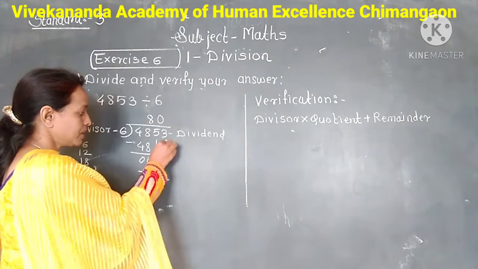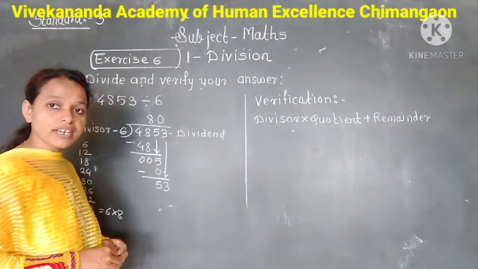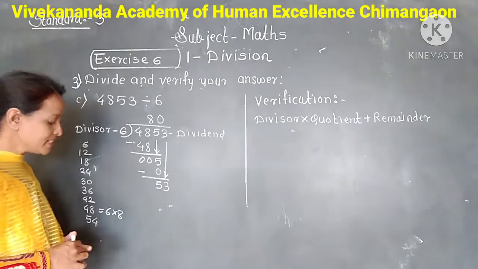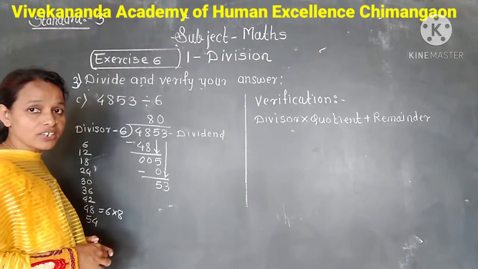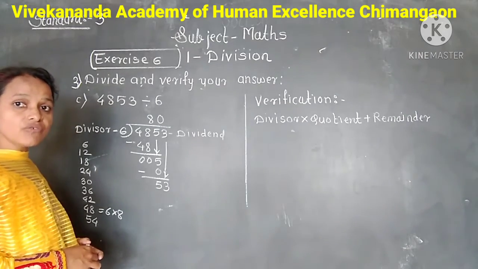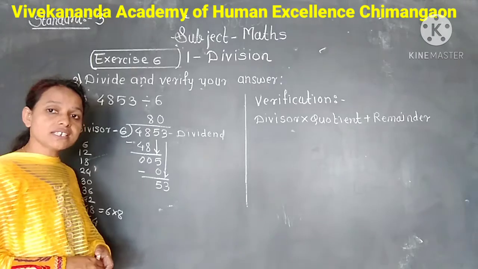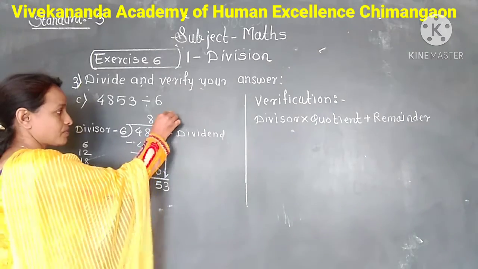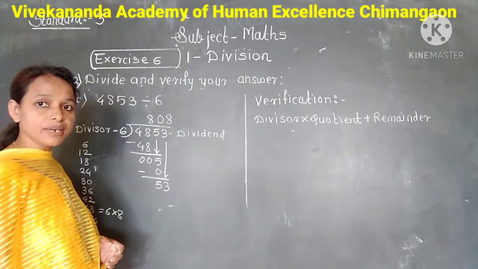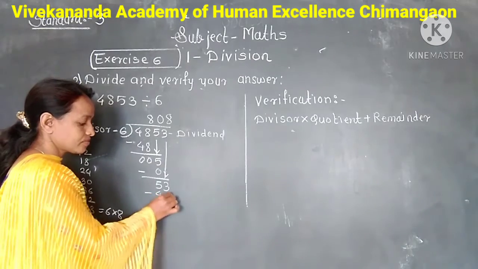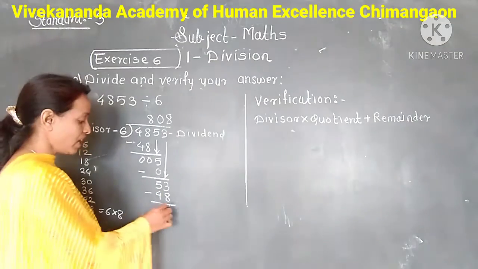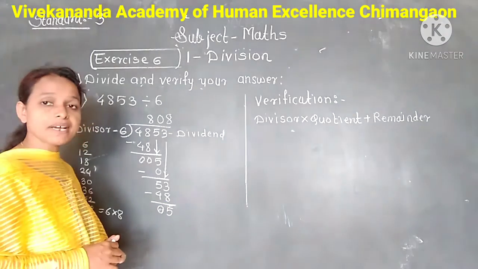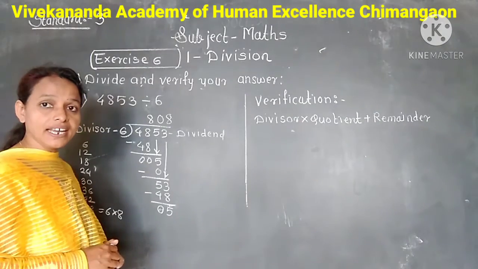Now next digit 3 we bring down. Now we divide 53 by 6. But 53 is not in multiplication table of 6. So less than 53, 48. And 48 comes at 8th place. 6 8s are 48. So here we divide 53 by 6 gives 8 as a quotient. So write 8 as a quotient in ones place. And 48 product right below 53. And subtract we get 5. So student, here we divide 4853 by 6. It gives 808 as a quotient.